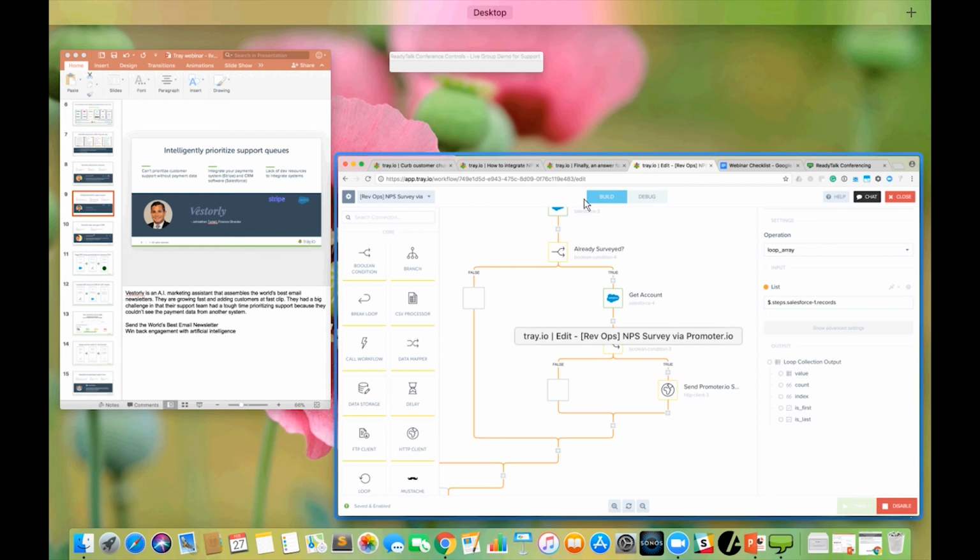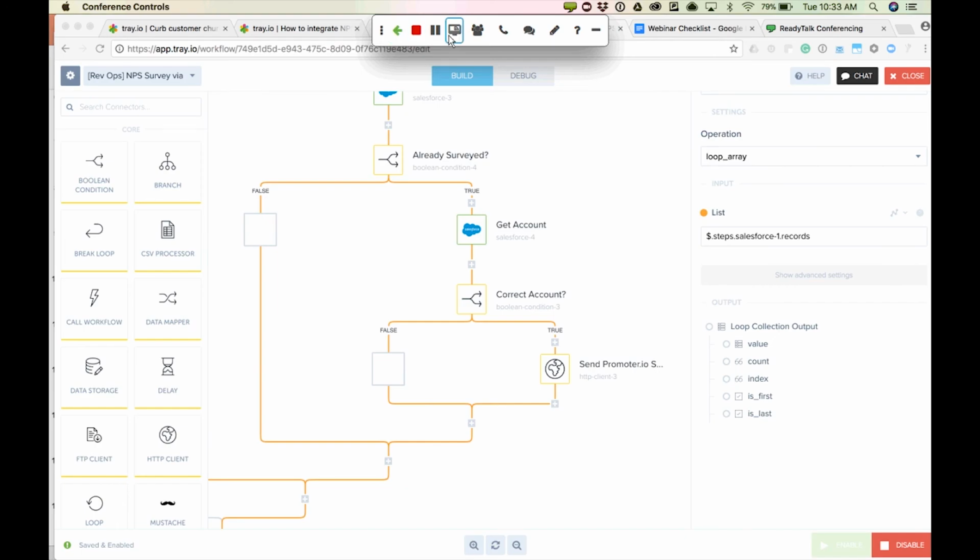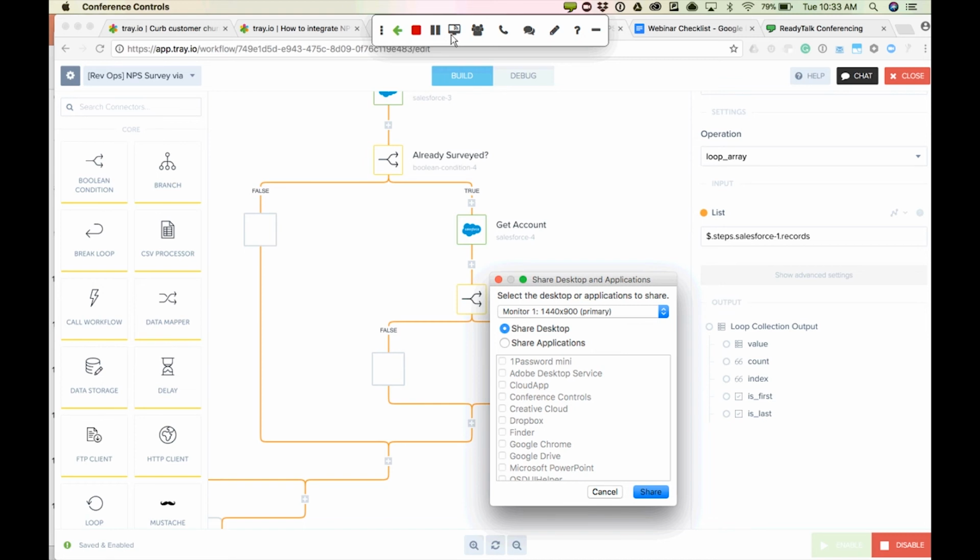And what I want to show you next is a different use case here. And what I'll show you is